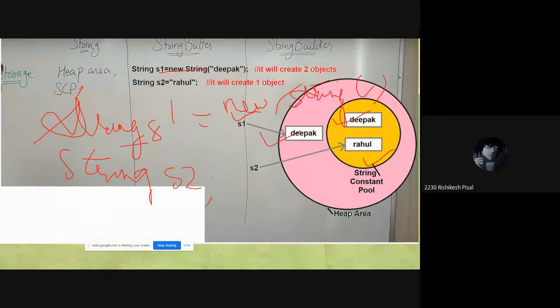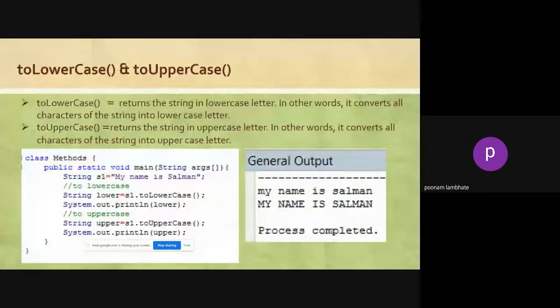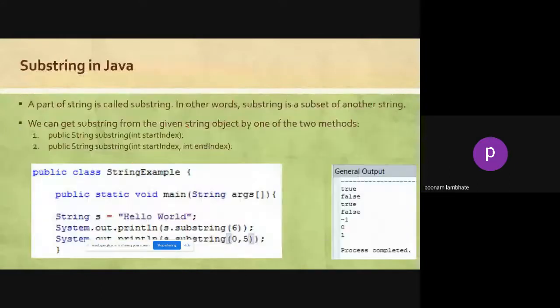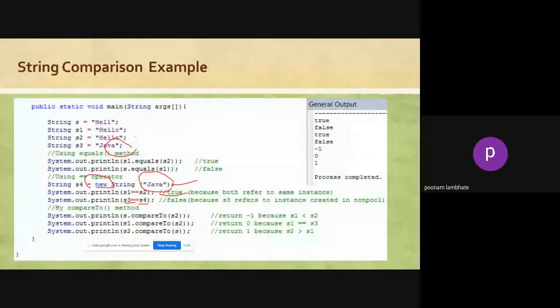Okay, sir. Yes. So this was about the difference between with and without the new keyword. Now, how it affects our concatenation, how it affects our comparison. Just a minute. Yes. So as I was saying,